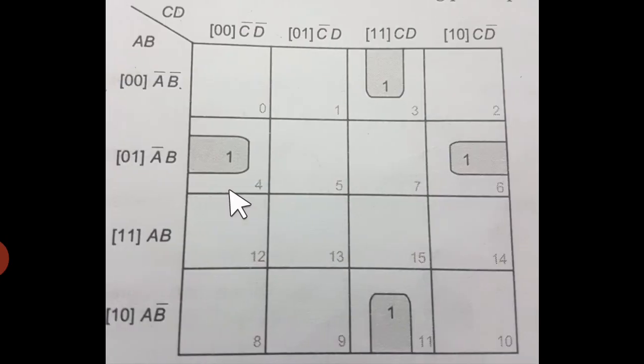Alright, now you look at this one. Here you find pairs. So this one, 4 and 6, will be taken as a pair. We reduce that, so A dash B is common, so keep it. And now look at the column side, C dash C, so C is changing the state, remove that. D dash is maintaining, so D dash will be there. So we get here A dash B D dash for this reduced pair.